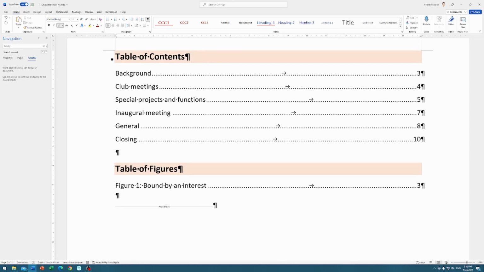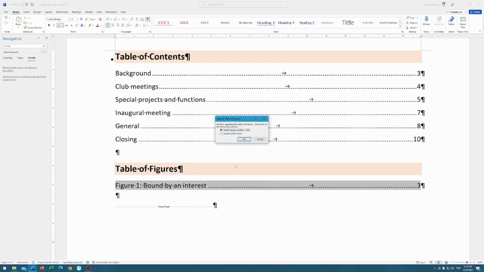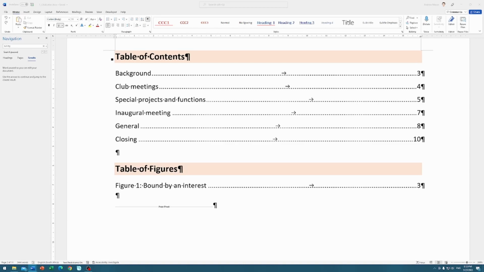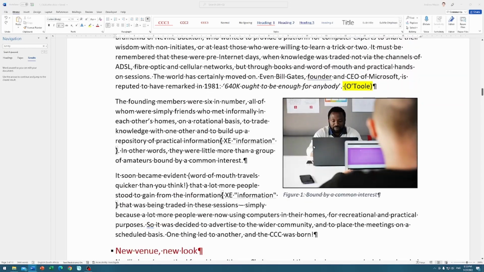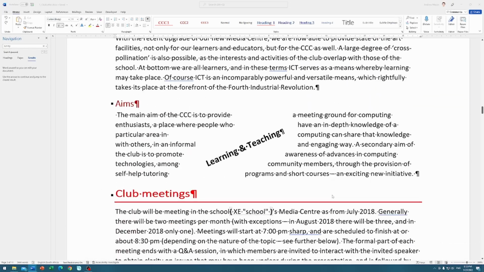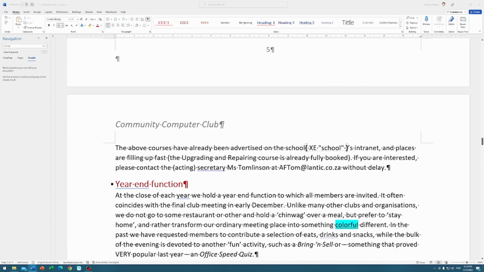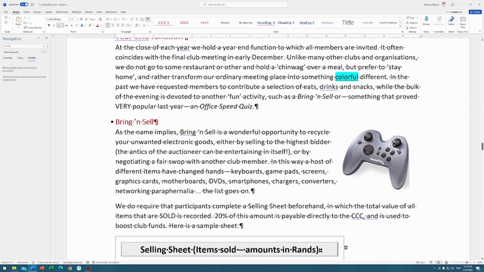Okay, and they say ensure the table of figures is updated. The second entry in the table will appear as follows. Figure 2 gamepad. Update entire table. Nope. There's a problem here. So let's go and add a caption for the gamepad. So there's figure 1, bound by common interest. There it is. So I need to give it a caption in order for it to reflect in the table